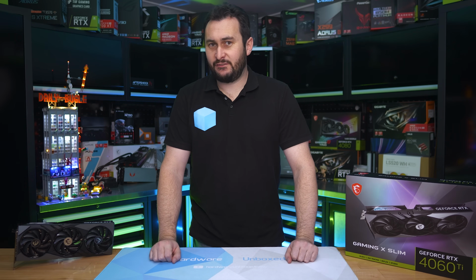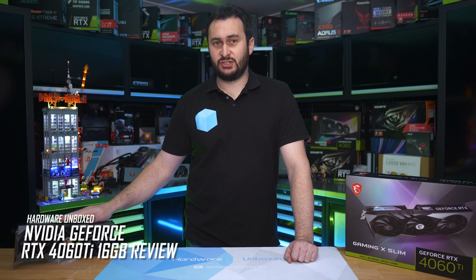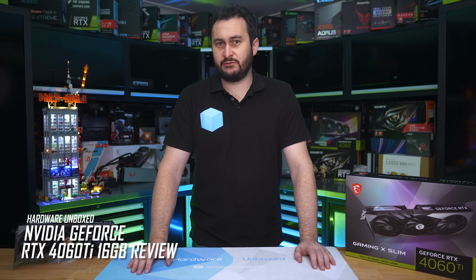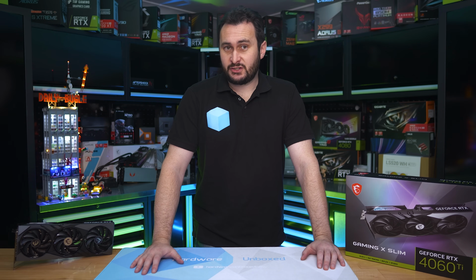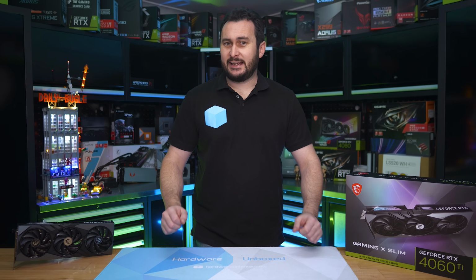Today we are taking our first look at the 16GB version of the much loved GeForce RTX 4060 Ti. I think that's the case anyway. You guys can't stop talking about your feelings towards the 4060 Ti, and I can't stop benchmarking it, so we must love it. Anyway, despite our fondness towards the RTX 4060 Ti, even I will admit just 8GB of VRAM,